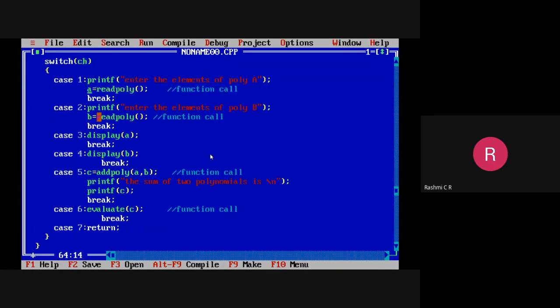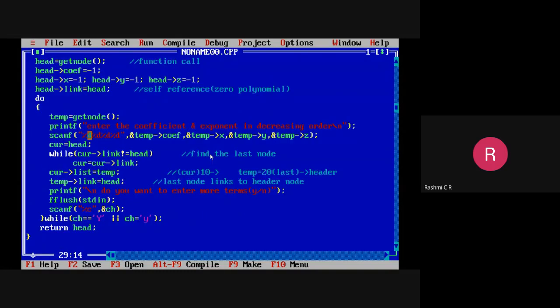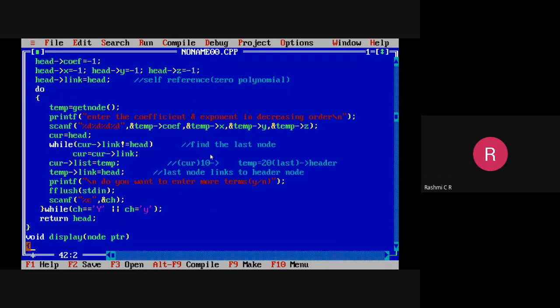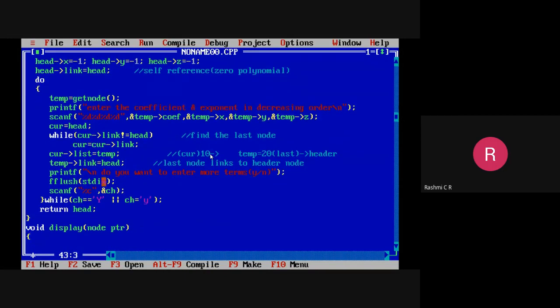function. So then we have to go with the display operation. Suppose you want to display the polynomial, we will write the function definition for the display. Okay, void display. There is an input parameter specified, that is the address of the header node. Either you can consider the same name, or you can also specify a different name. I just consider it as equal to ptr and define the temporary variable called current.